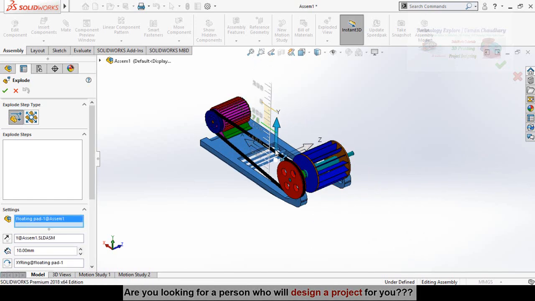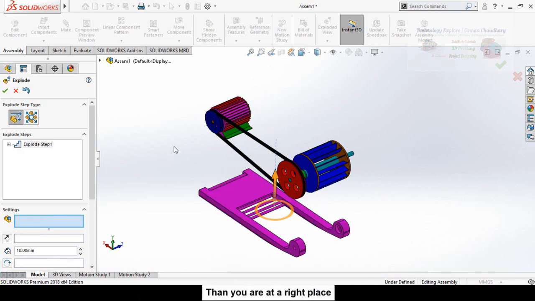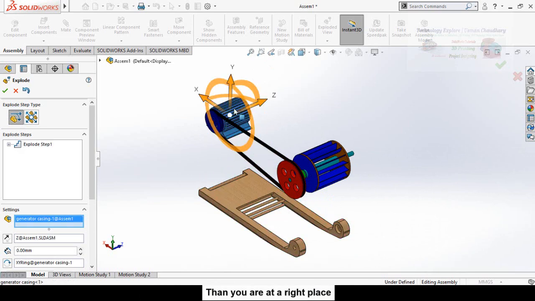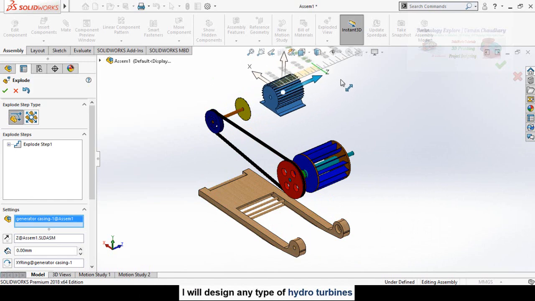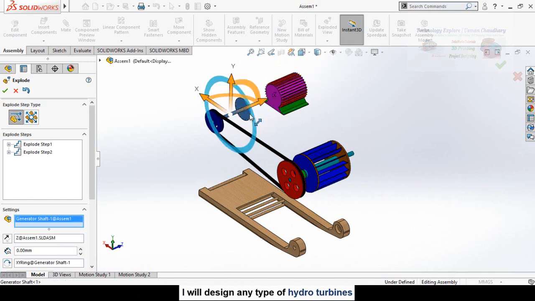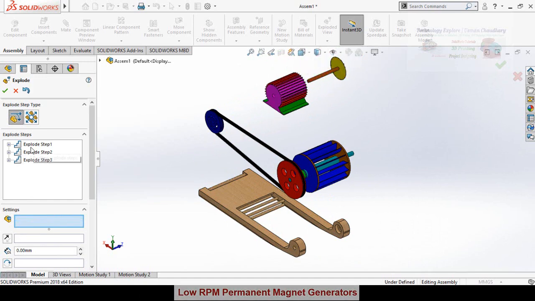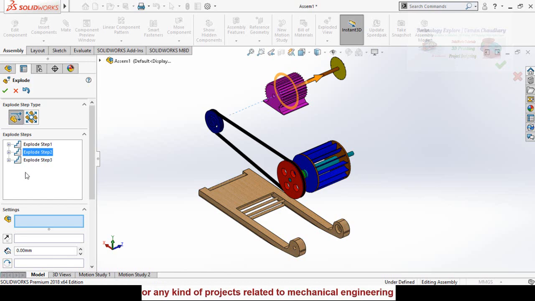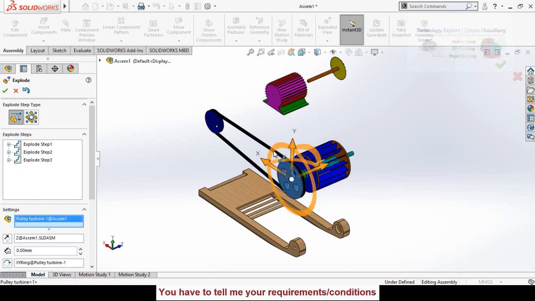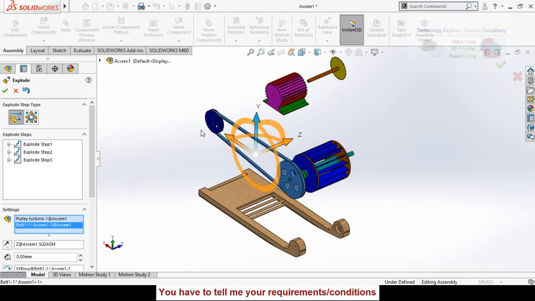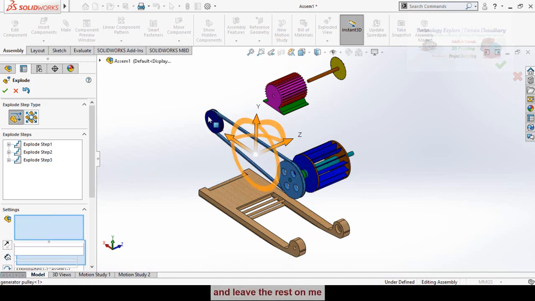Select parts one by one and drag them. You can also select multiple parts at once.